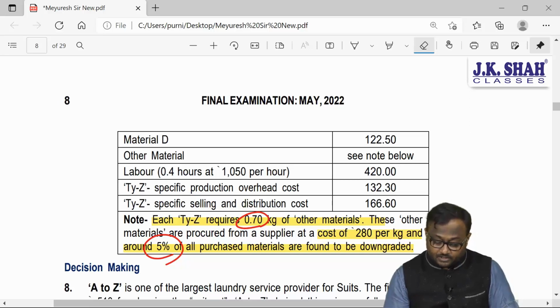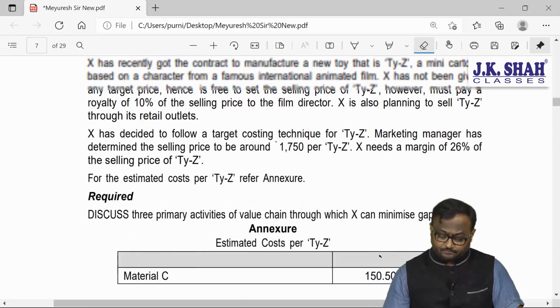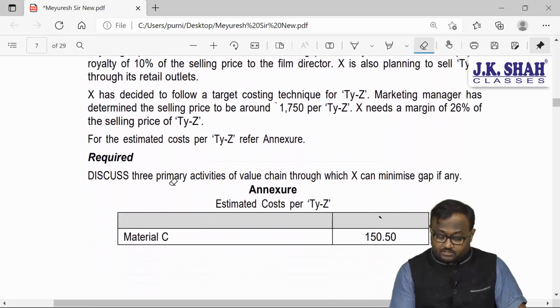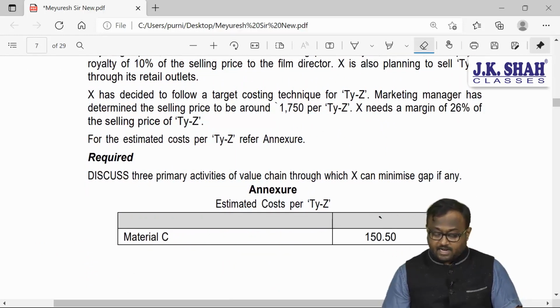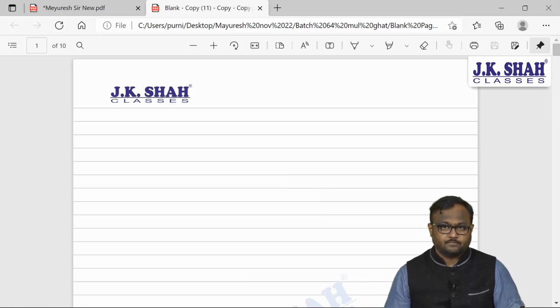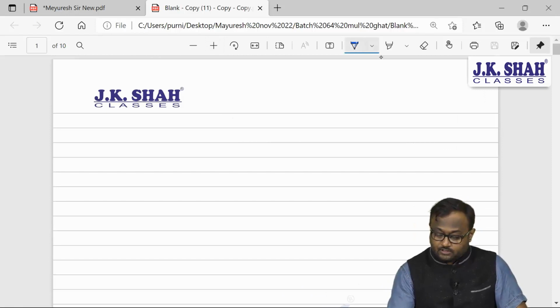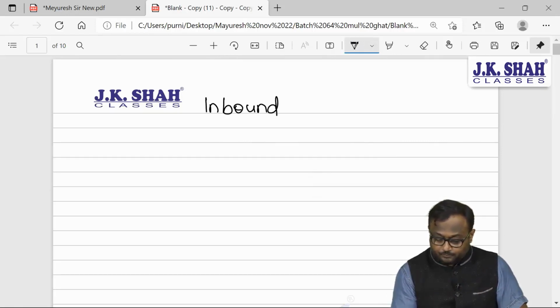Labor is also discussed. Specific production cost, specific distribution cost. We have all this data with us. What have they asked for? First of all, they have asked us to discuss 3 primary activities of the value chain. And if I talk about the value chain, guys, I need to understand a few things. The value chain is a whole system, and we have a few activities to be considered. One is inbound